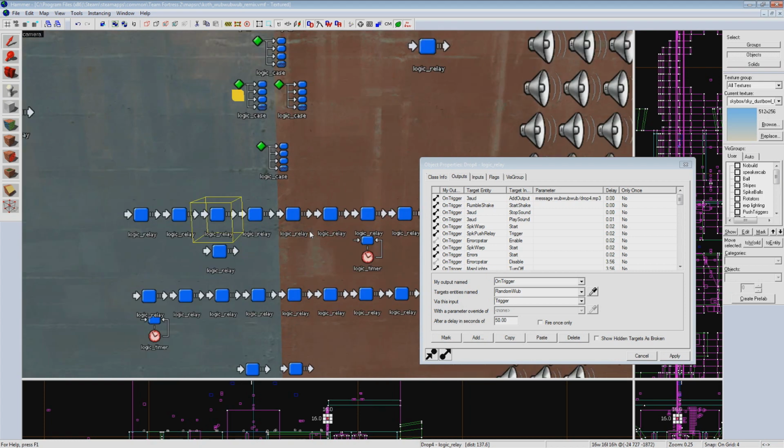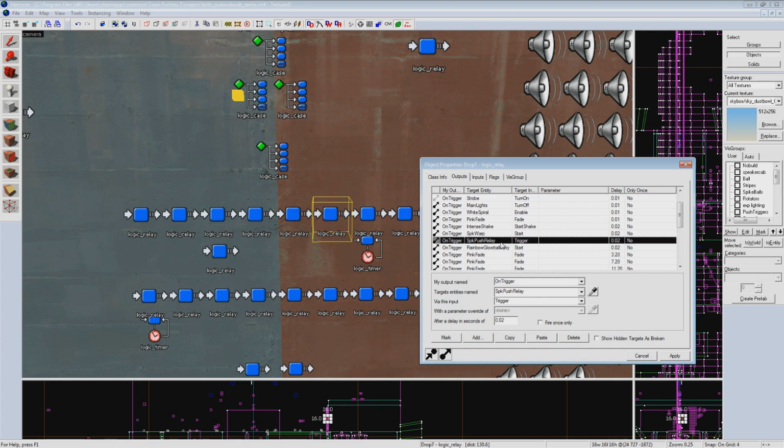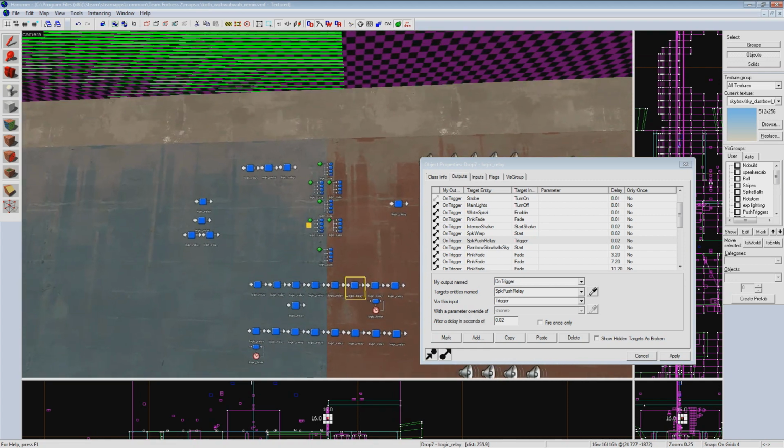And as you can see, it was a lot of work. The map wasn't so much hard to do as it was a lot of work and a lot of effort. It was just very time consuming. So you can see here, we'll go to a random one. Right at the beginning, I have it triggering the speaker warp, the speaker push relay, which I have a relay set up